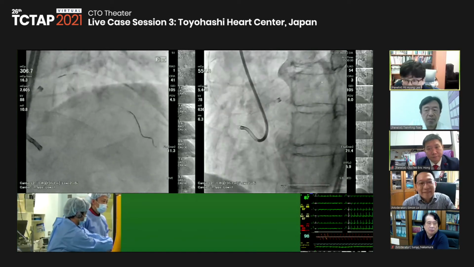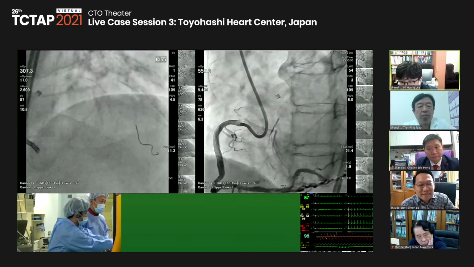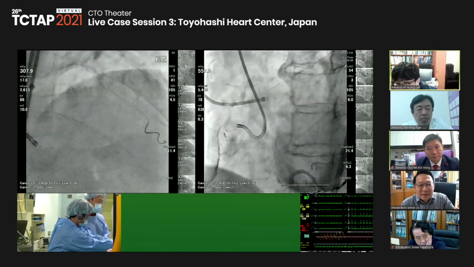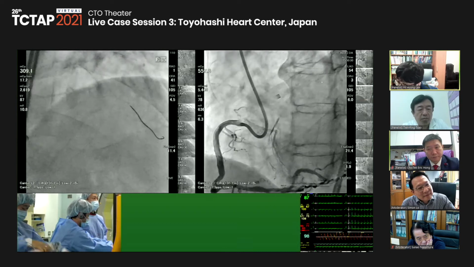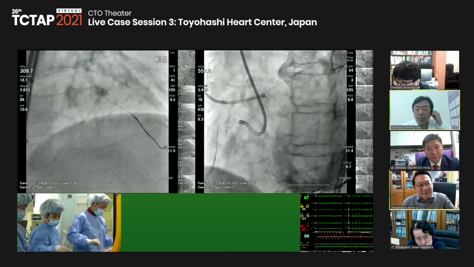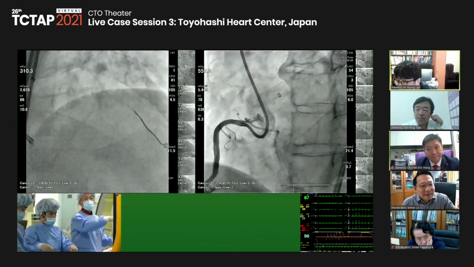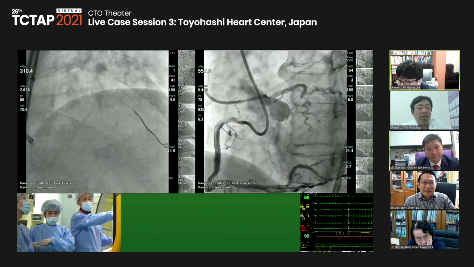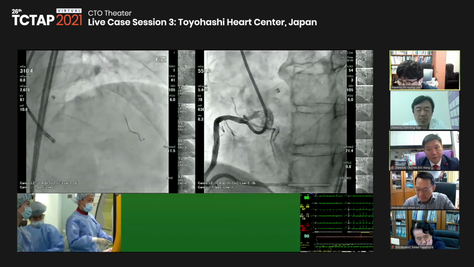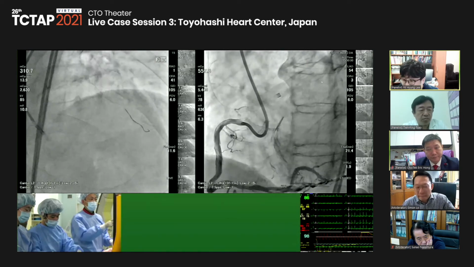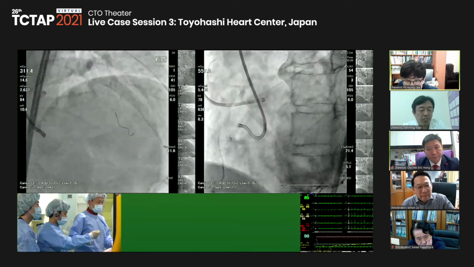Well, I think the most advantage of this CTO case is that we have a previous angiogram of the LAD, so that's a very big benefit in almost all cases of CTO. So we know the route, we know the distal target, we know the distal vessel size.